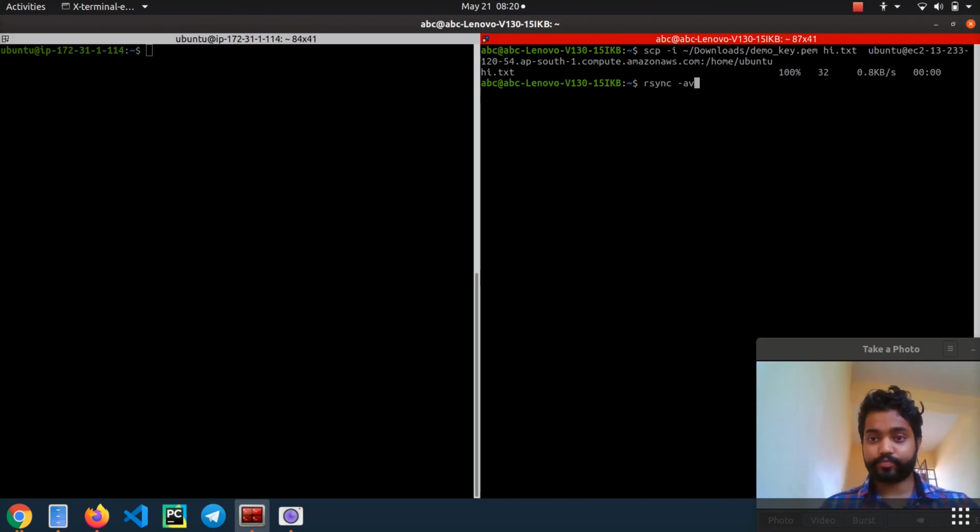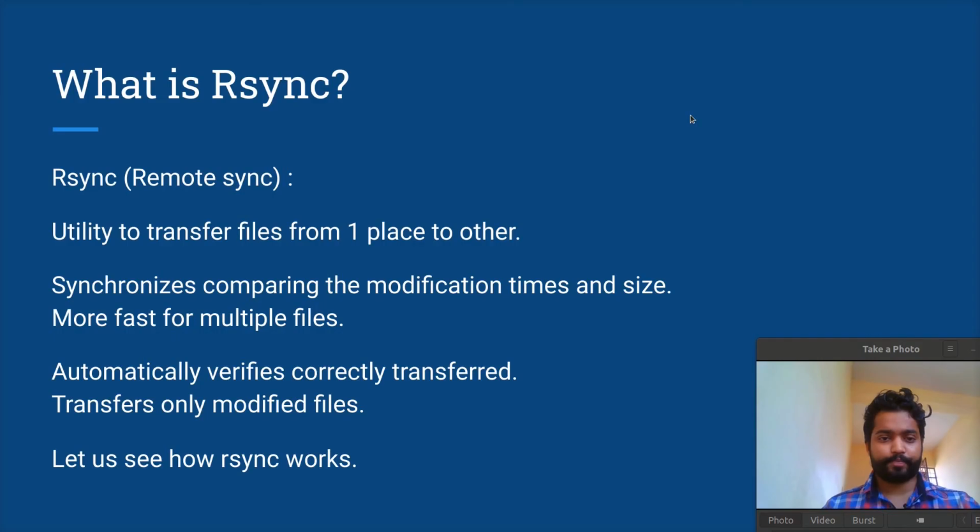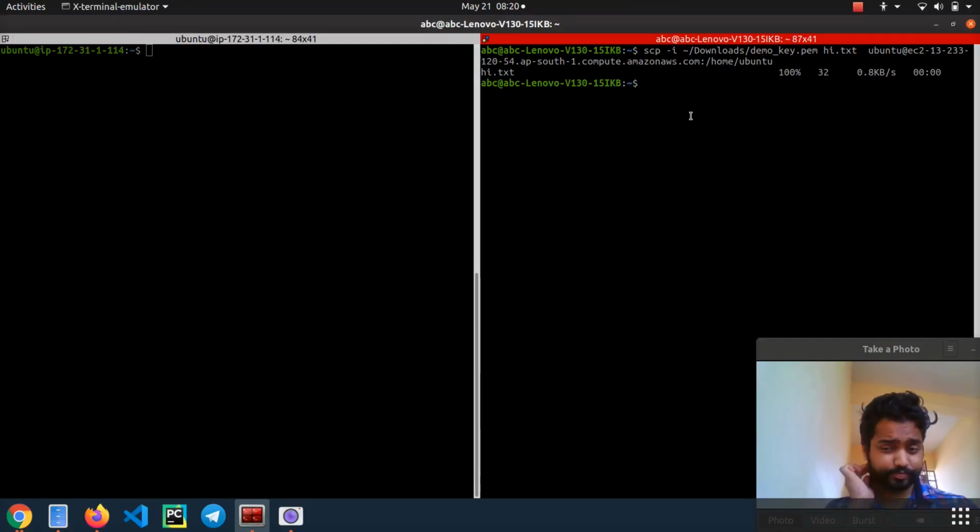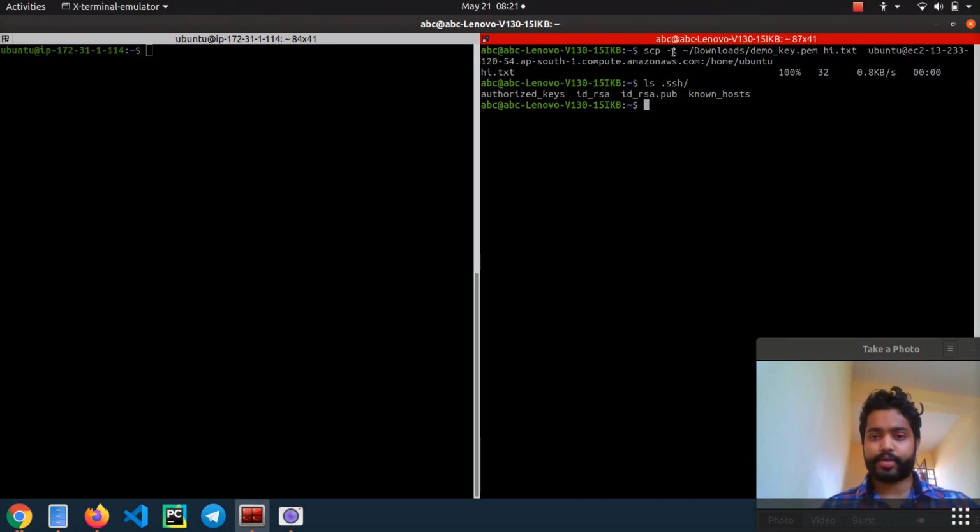And one more thing I wanted to tell you guys before this. As I said in the previous tutorial regarding SSH, SSH by default looks for the key which is present in your .ssh directory, right? And the name will be id_rsa. So if I do ls .ssh over here, it has this private and public key, right? So scp or ssh will by default search for this private key whenever it's trying to connect to another instance.